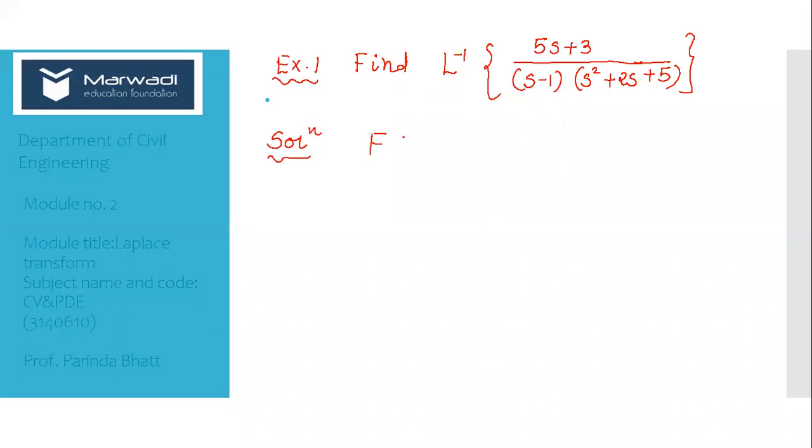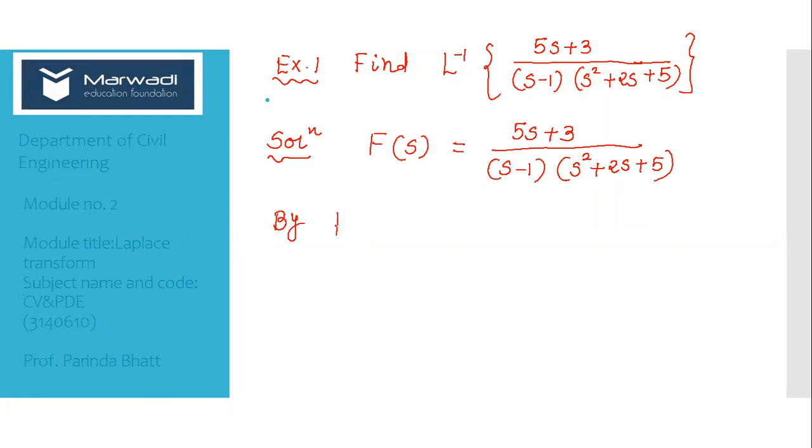First write the f of s. 5s plus 3. Here one factor and one polynomial. Therefore, by partial fraction,